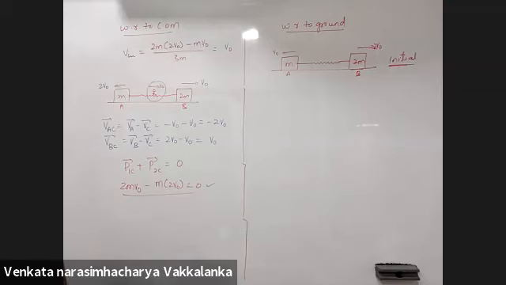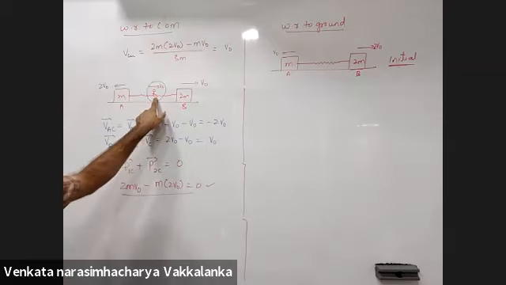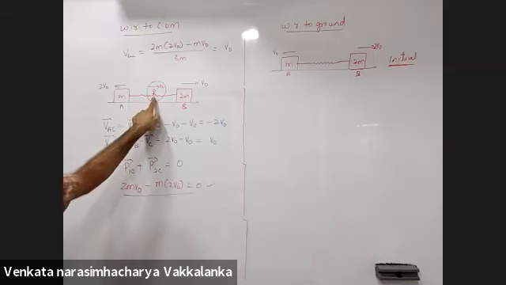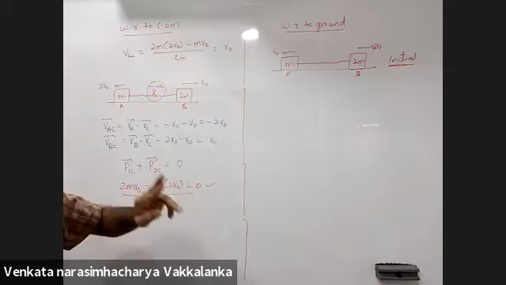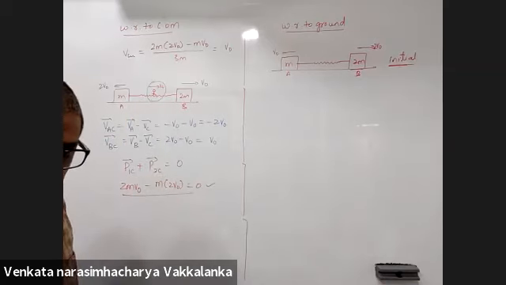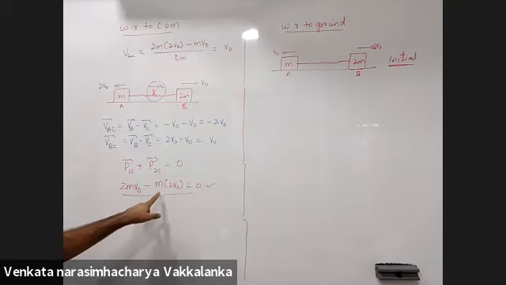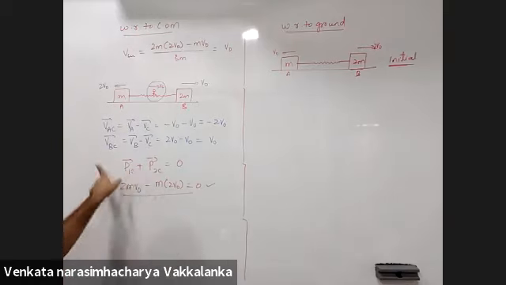So, but sir, what have you written here? 2mv0 minus... Can you explain this, sir? Momentum of this with respect to center of mass, momentum of this with respect to center of mass, sum of them should be 0. Yes, sir. Am I getting 0? Yes, sir. This is only to confirm that what we have done is correct.